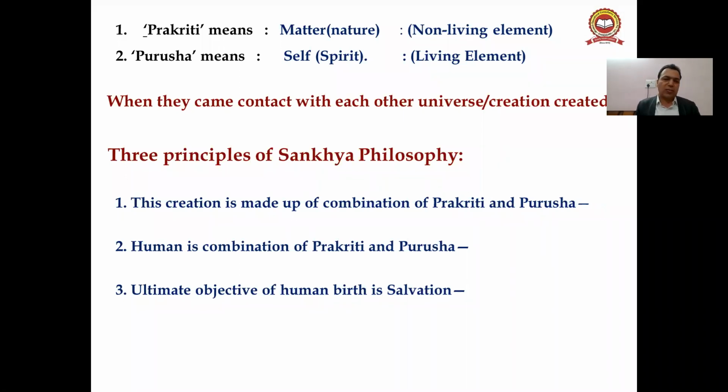What are the 3 principles of Sankhya philosophy? The first principle is that this creation is made up of a combination of Prakriti and Purush, right guys? Second, humans are a combination of Prakriti and Purush. In fact, this whole universe has come into existence from it. And the ultimate objective of human birth is salvation. Salvation means mukti. So right guys, these are your 7 or 8 questions which I have explained to you, and after the class I will send you the PDF copy of